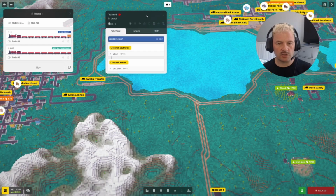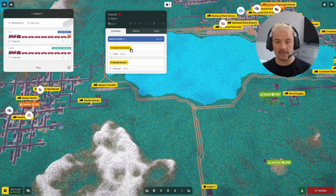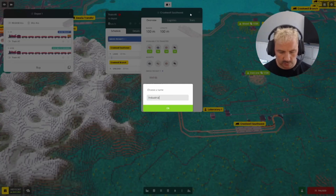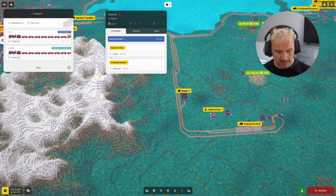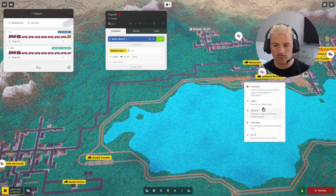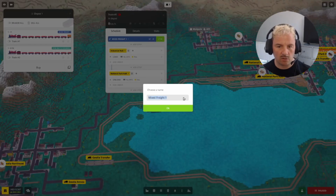And now that top train is just going to be collecting at Crookwell Southwest, which will change it to Industrial Hub. Let's do that now, actually. Industrial Hub. Yep, that's the big pickup point. Lovely. Industrial Hub, but dropping off, not there, dropping off here. So full load and full unload are here, and it's going to be called mixed. Let's call it mixed freight